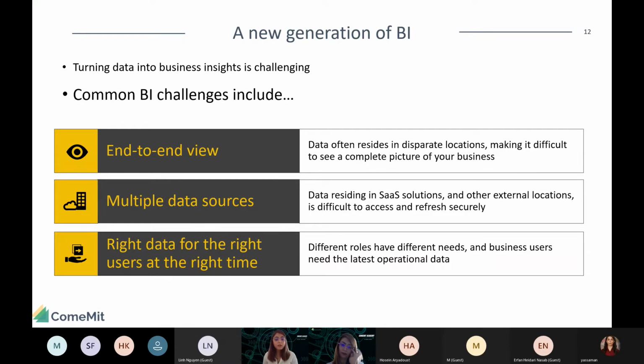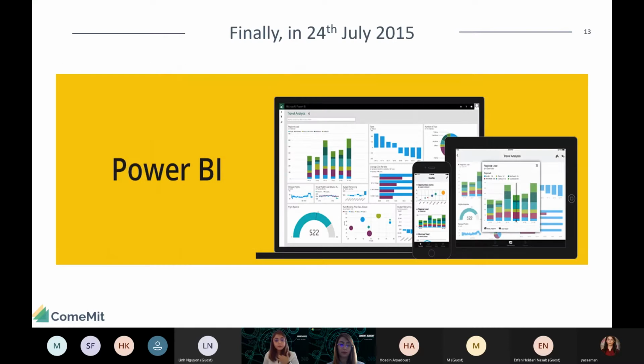And Power BI is one of the most powerful tools right now that can work with cloud technologies easily because it comes with a bond with Azure. So this would be another little tip for you on why you want to learn it, because it will give you lots of power in the future working with cloud technologies and regarding security and sharing roles and all of this stuff. So yeah, on July 24th, 2015, Power BI was officially announced.